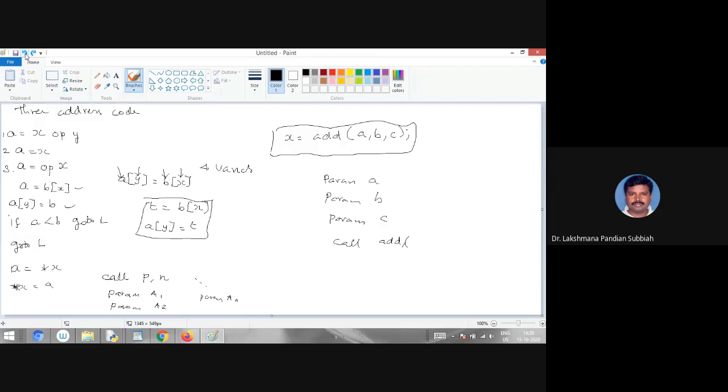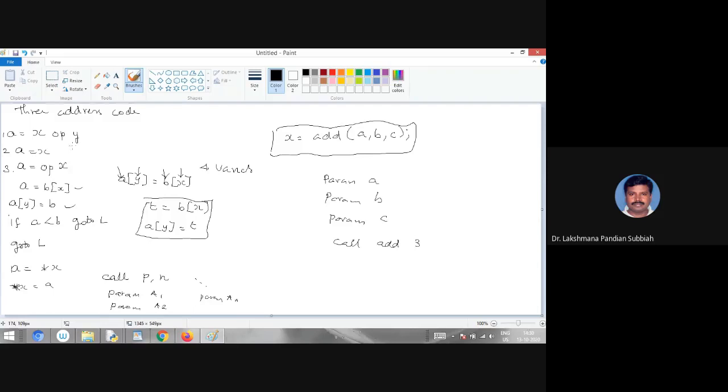This is the way of representing the three address code for a function call.